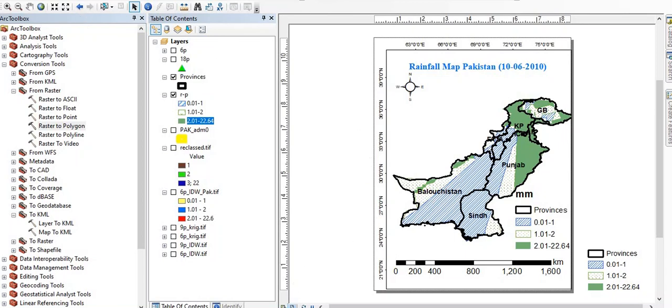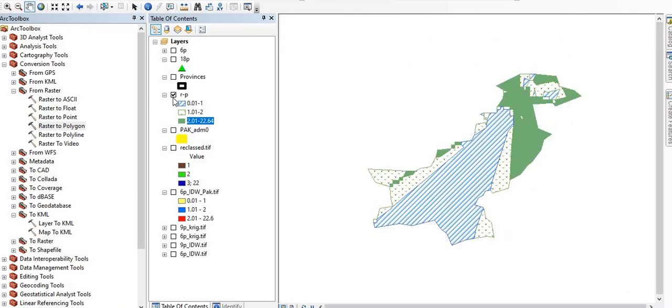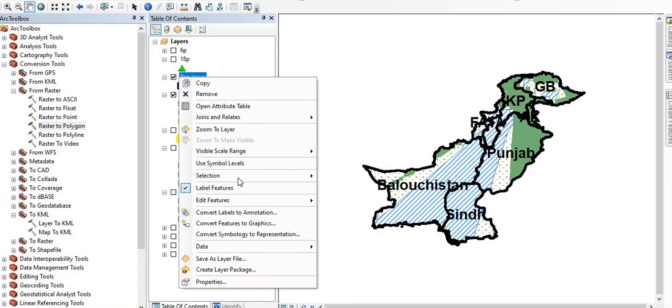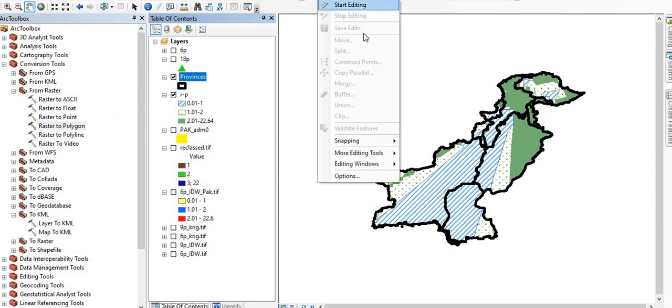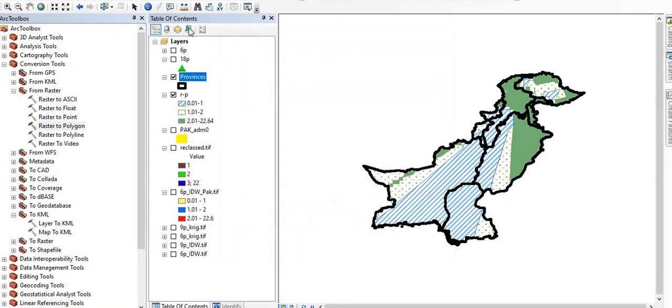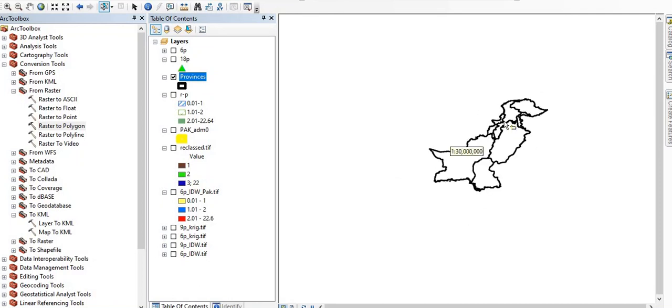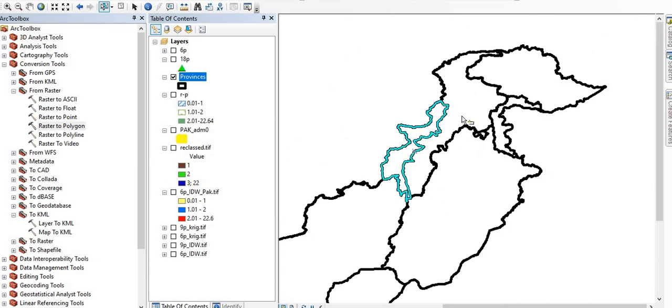Now coming back to data view, I am going to turn off this one and keep only provinces, and do not label it. So this is our shapefile editor. Start editing and Park admin 1 provinces. Okay. Now this is the selection tool. Just make the selection tool, and this is our FATA. We have to turn off this map, and we have to zoom in. So this is FATA and this is KPK.